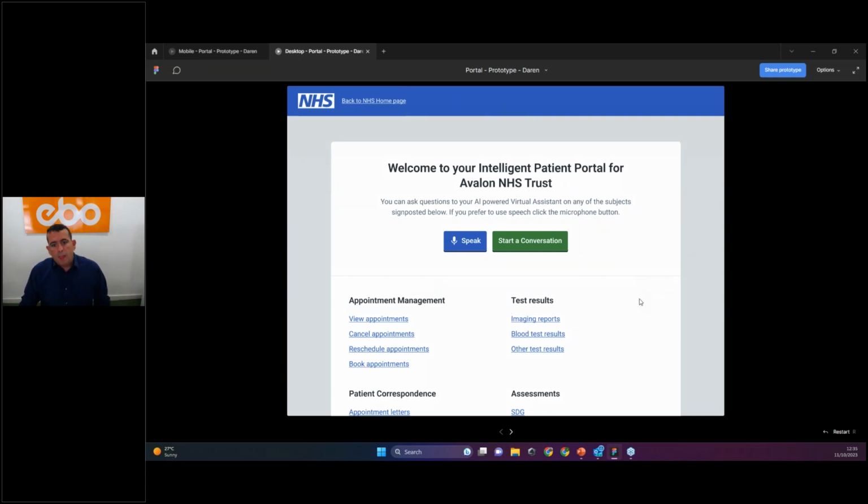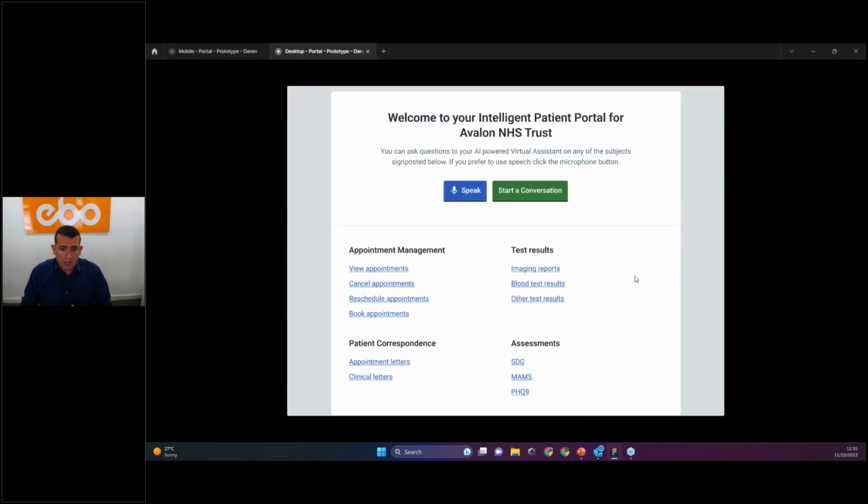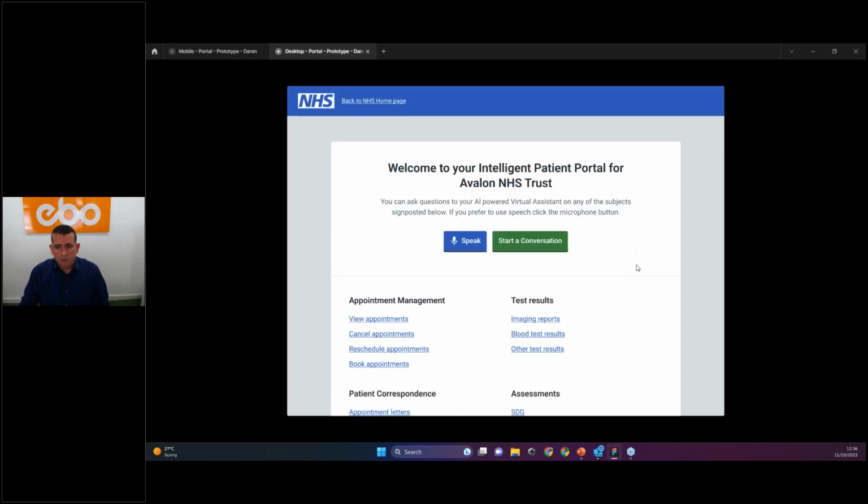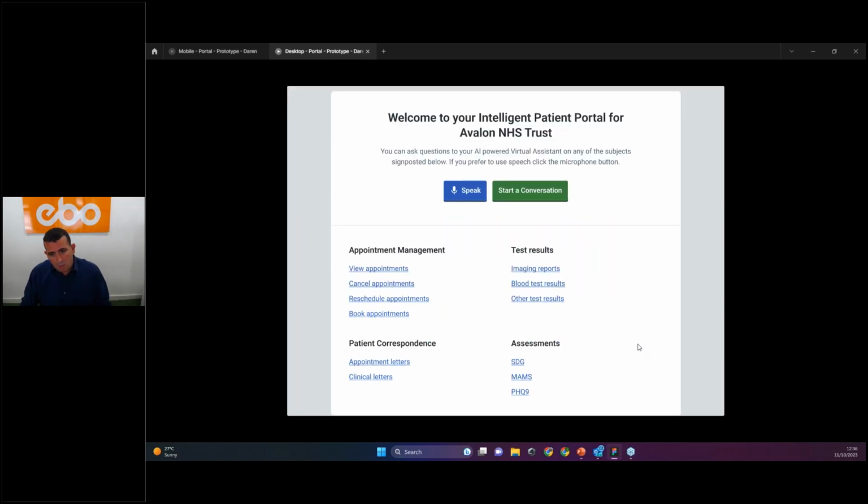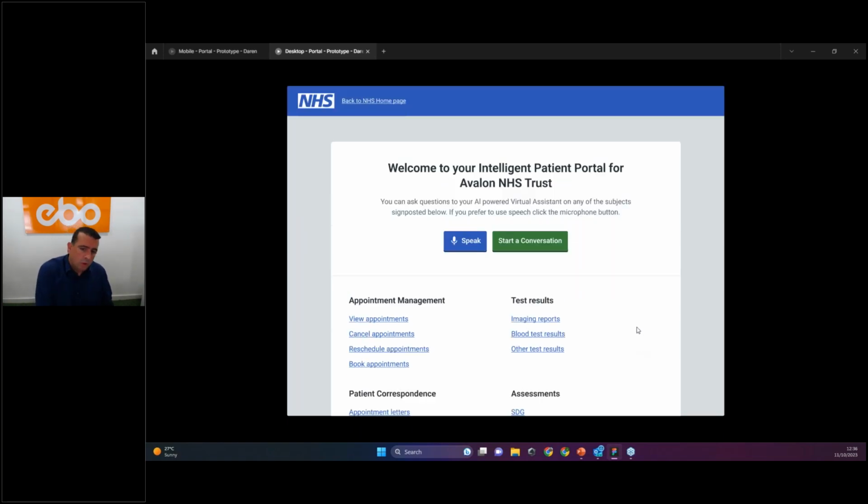Now, so over here, I'm just going to show a kind of conversation that a patient could have with the patient portal. Over here, as I mentioned before, this is configurable by the trust, and we can actually structure this as needed. Signposting is very important. So some patients will not want to actually start a conversation, as it suggests here. Some patients will just want to click view appointments and see the information being displayed in front of them. That is absolutely part of the idea here.